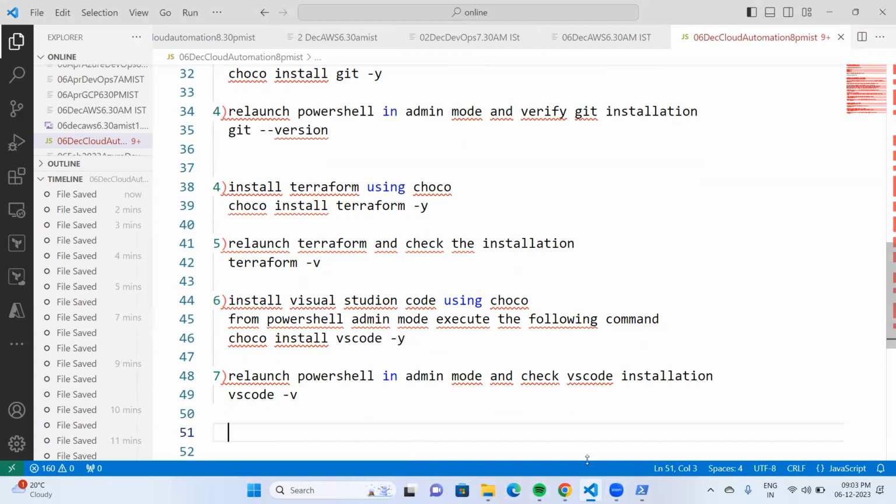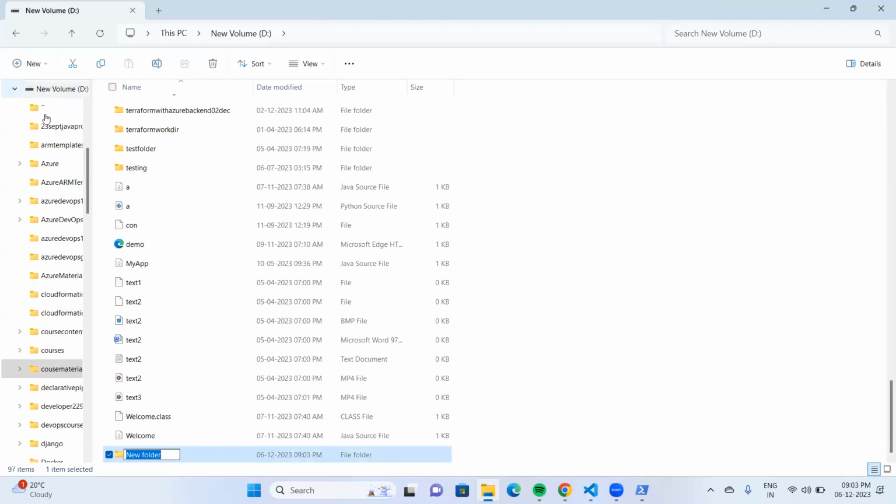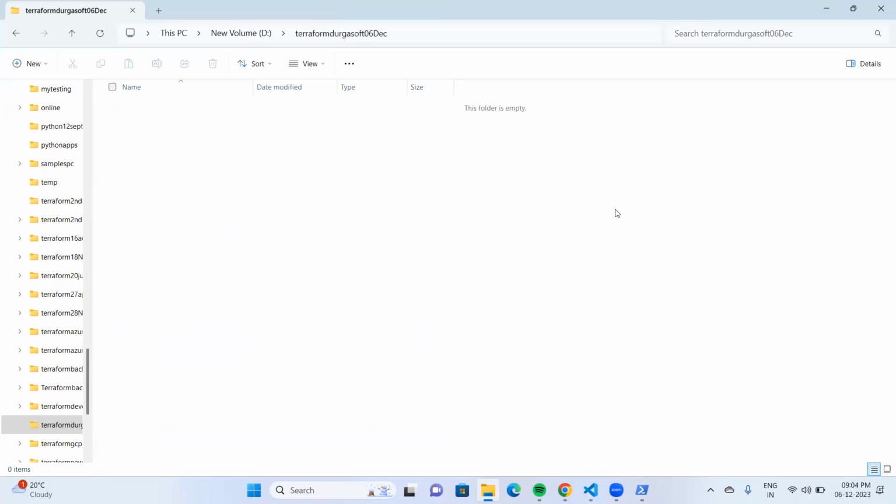And here, if you want to open Visual Studio Code in a particular folder, just go to that folder. Suppose I'm going to create a new folder here, for our Terraform application script writing purpose. In D drive, the folder name will be Terraform DURGASOFT 06 December. This is my new folder, from where I'm going to write